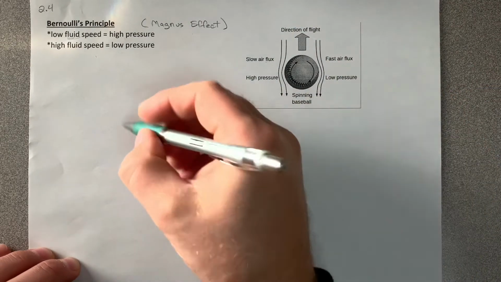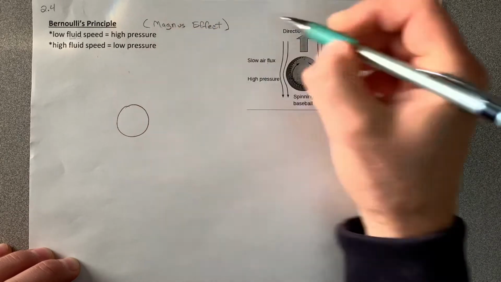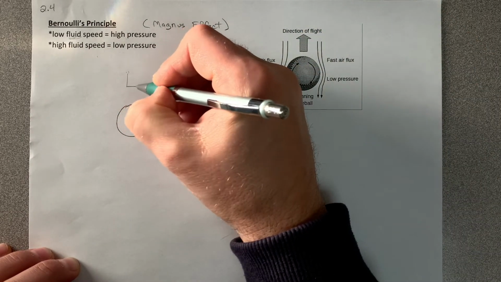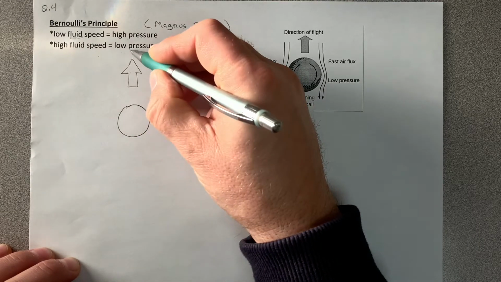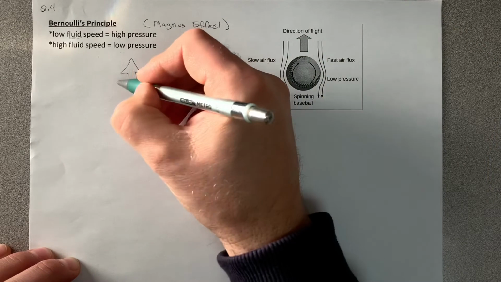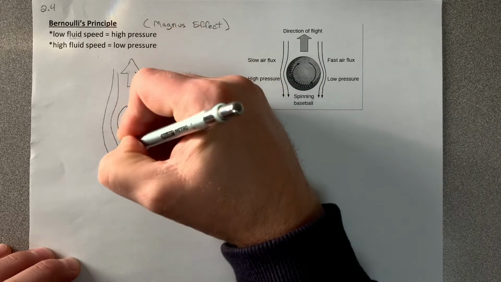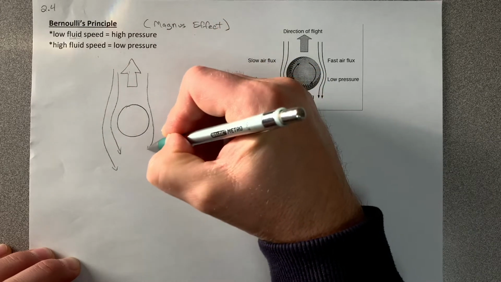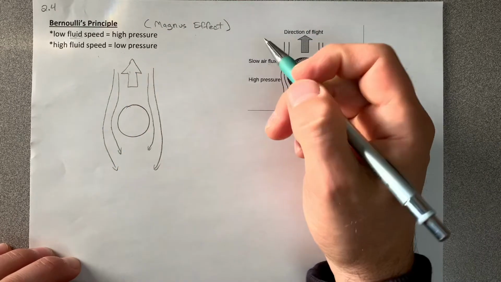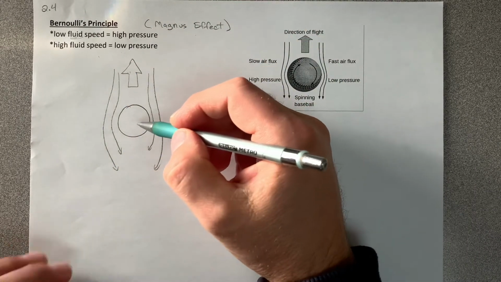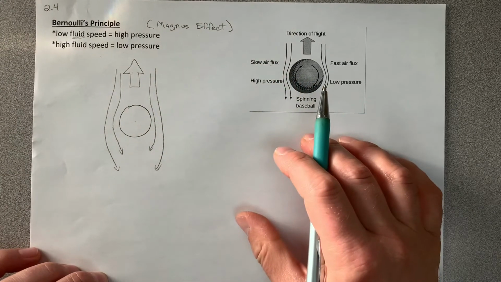When we're talking about this then, the curve ball, so let's talk through the curve ball a little bit. Imagine here's my baseball, and I've got this direction of flight. The baseball is being thrown forwards. We can imagine it's like the air molecules are flowing this way around the baseball. I know it's the baseball moving forward, but from the ball's perspective, it's like there's a wind in your face. It's like if you're driving and you roll down the window, it feels like wind blowing towards you. That's what the baseball experiences.